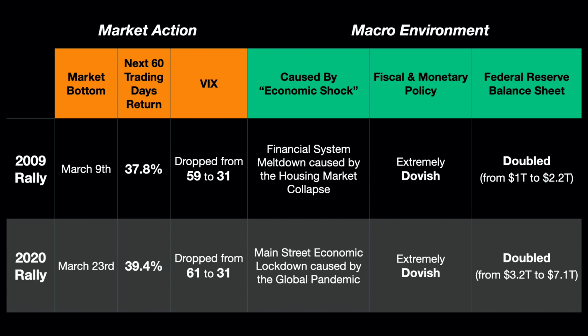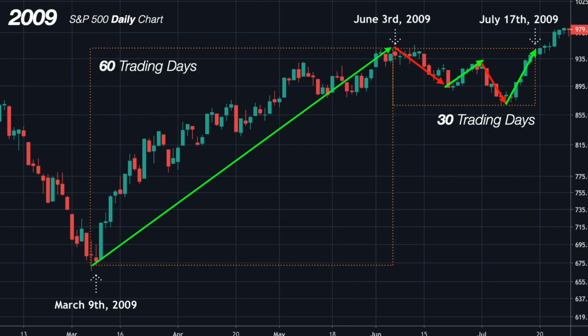So if we want to know where the market will go in the short term, this S&P chart back in 2009 can potentially give us some important clues. Just to be clear, I'm not making any predictions here. I'm using 2009 purely as a reference to give us a better picture of what we can expect in the